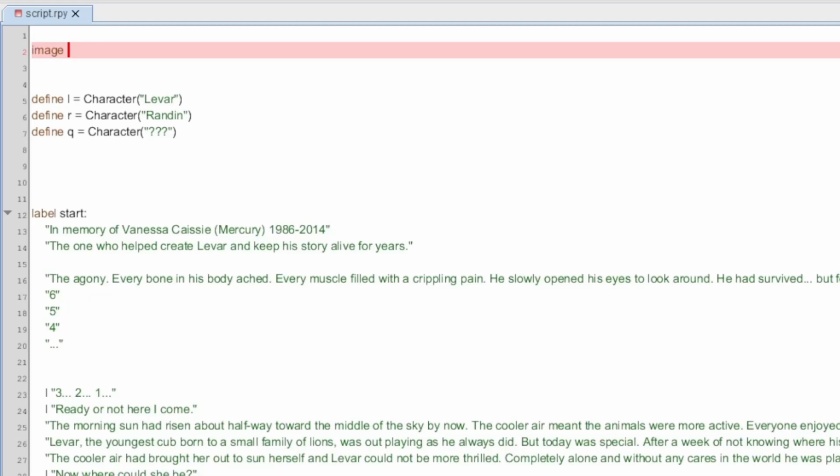So we're going to title this one Death 1, space equals space, quotation, and then now we put the title of the image, the actual file name of the image. So this is Death 1A